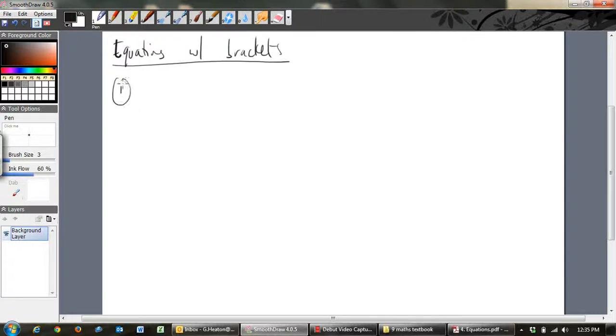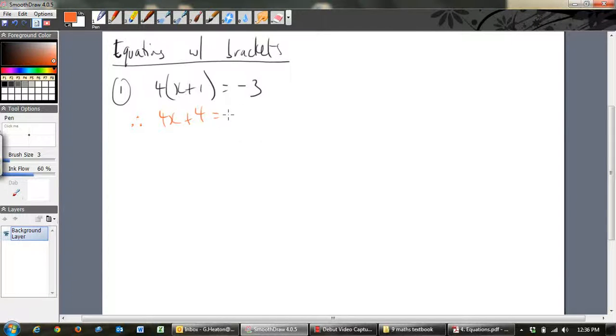Let's just jump straight in and let's look at an example of 4 bracket x plus 1 equals negative 3 or something like that. Okay, now there's two ways you could do this question, and I'll show you both ways and you can decide which way you'd like to do it. So if you've got brackets in there, there's two ways. Now the first way I'll do in red, and the second way I'll do in green. So in red, first way you could do it is you could expand this bracket,